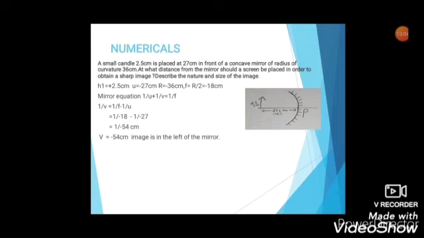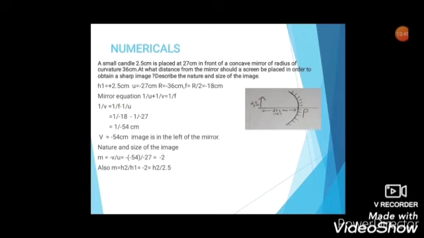Yes, we have understood. Now the second part of the question, wherein you need to find the nature and size. Size, as I've discussed earlier, is given by magnification, right? Magnification is nothing but, compared to an object, to what extent the size of the image is changing. So I'm going to use the magnification here. For the nature and size of the image, magnification is given by minus v by u, correct? Because I have the values of v and u, it is minus 54 by minus 27. So here I got the magnification value as minus 2.